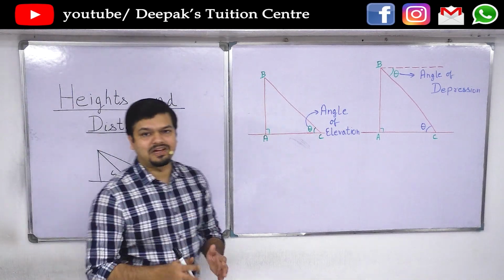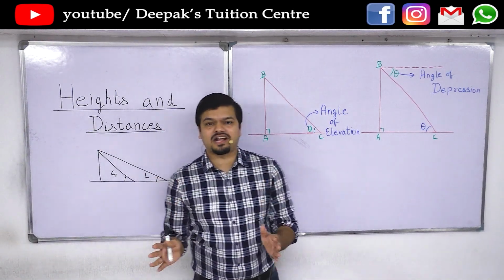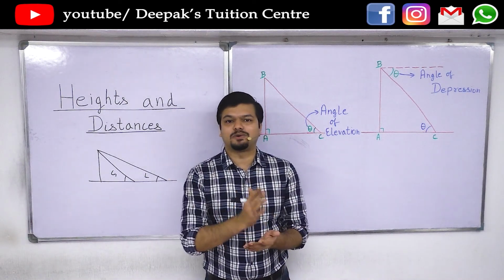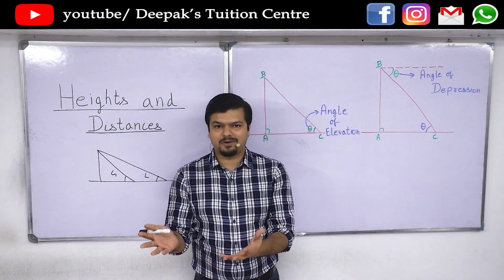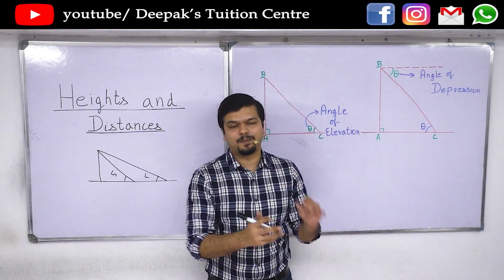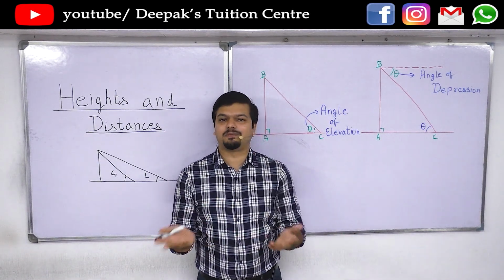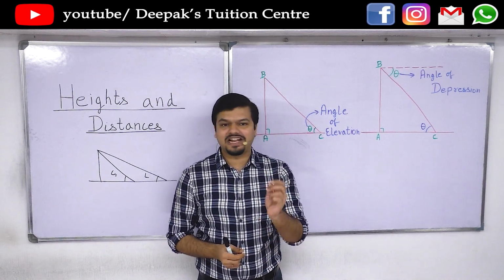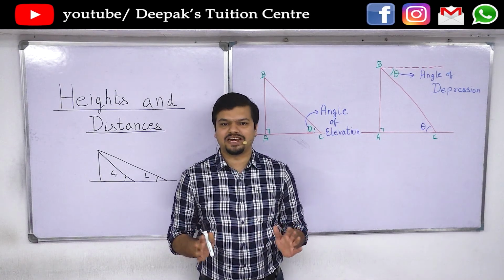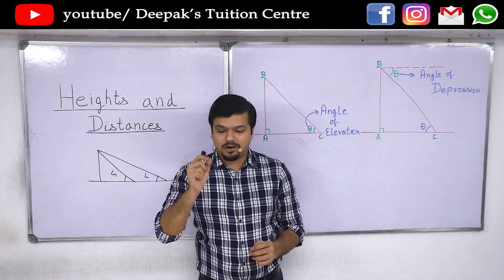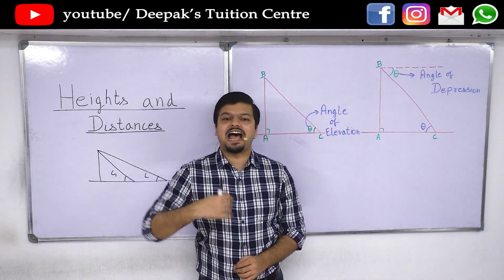The chapter is completely dependent on your conversion of English language into diagrams. If you are able to convert the language that is given and form the diagram, then 99% chances are you will be able to solve the sum. There is very little chance of a mistake unless you commit a silly mistake. Else it is completely fine. So everything depends on you reading the question properly and making a diagram.